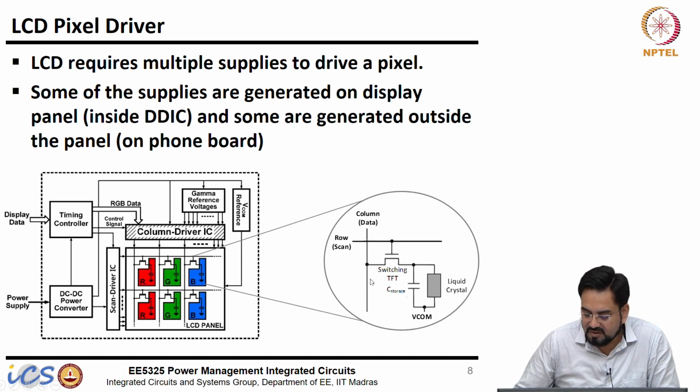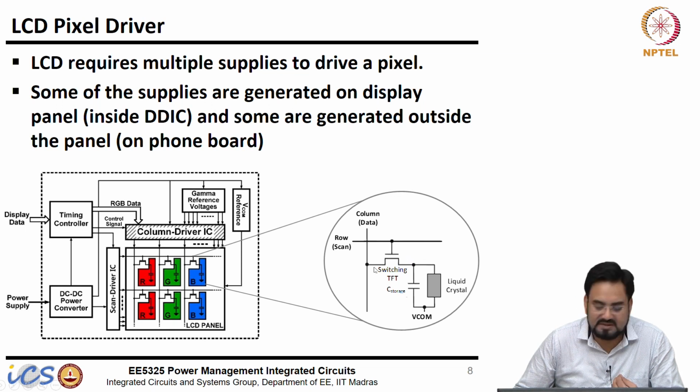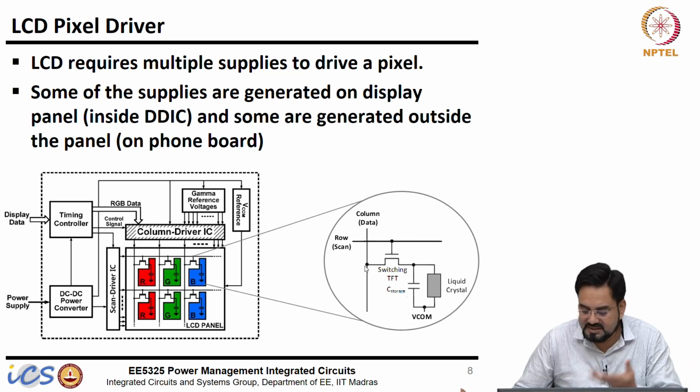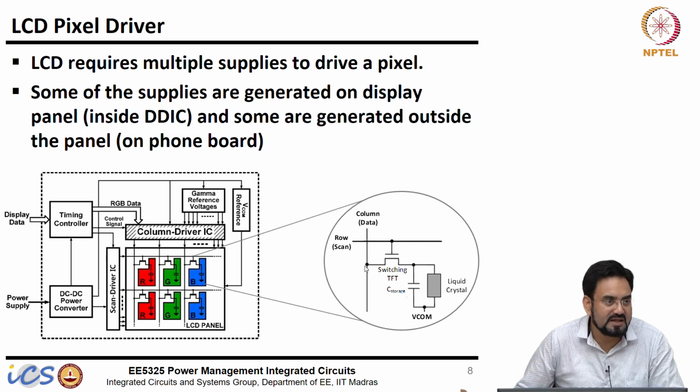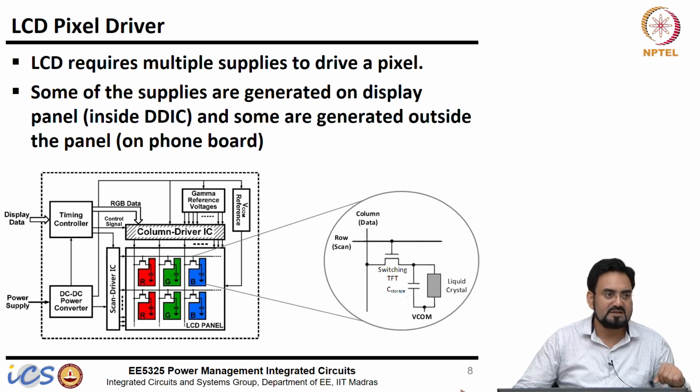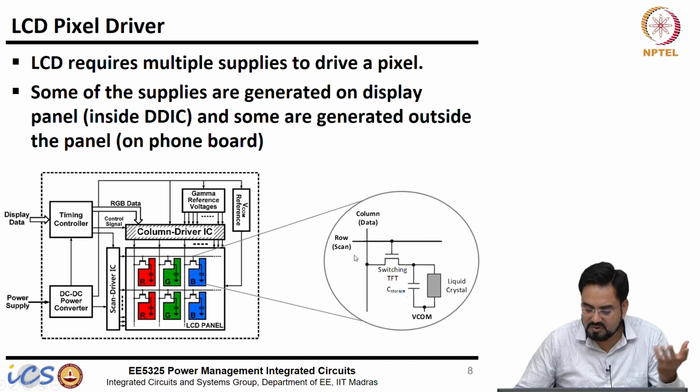So, this is a row and column. The row will drive the gate, which turns on and off, and on the column you apply the voltage. At the drain of this, if it is NMOS, whatever voltage you want to program this pixel with, you apply that voltage. It's similar to your MOSFETs, but these have a much higher drive voltage, up to 15-16 volts. So they require both positive and negative.